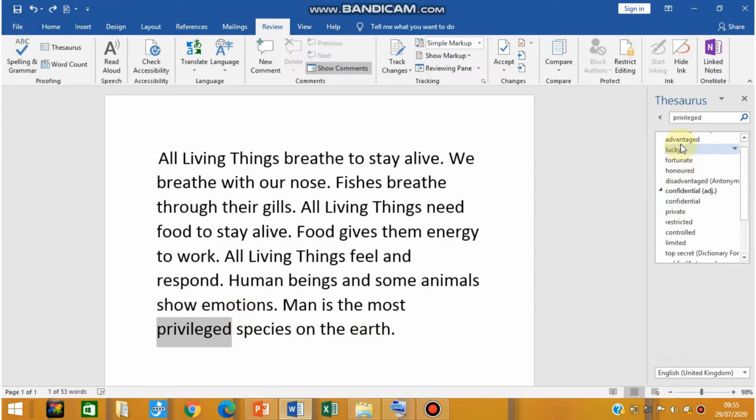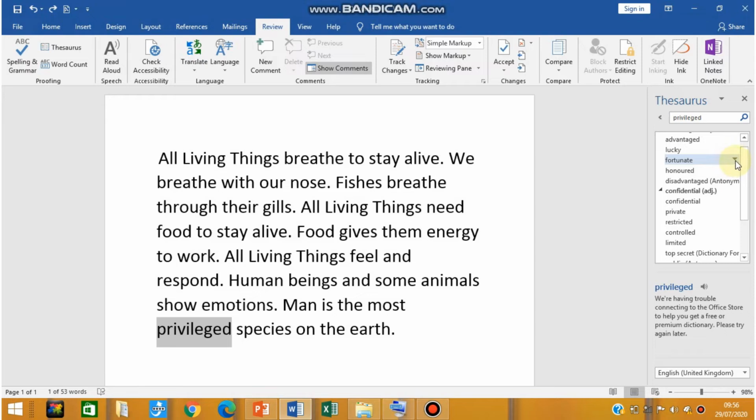Now when you are done with the selection of the word, then just move your mouse pointer. Suppose I want to replace privileged with fortunate. I will move my mouse pointer on that word, and then you can see a drop down arrow is displayed next to fortunate.